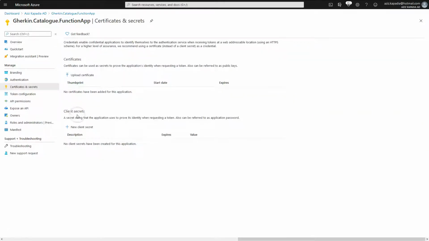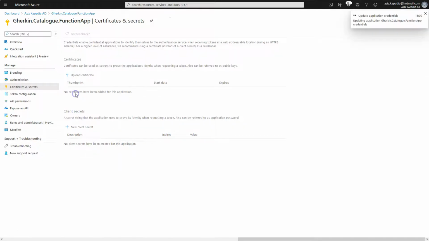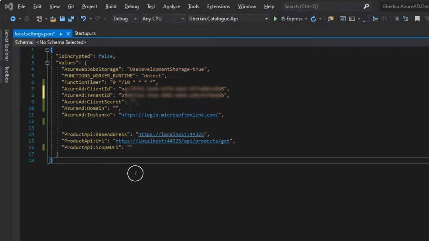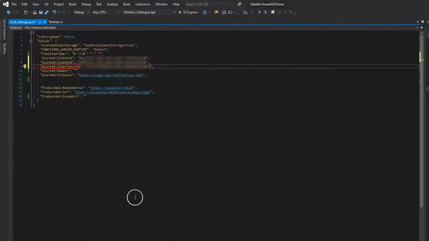Click on plus new client secret link. Leave the description blank and 1 year option selected for the expires option and click on add button. A new secret will be added in the list. Copy the secret. Paste it in the settings file client secret setting value.